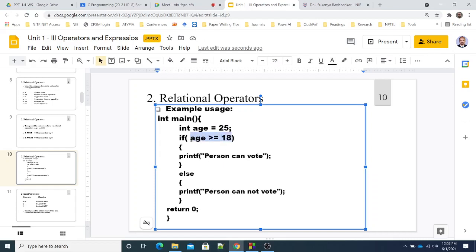Now if that is true, this part will be executed, and if that is false, this part will be executed. At no point of time will both of these be executed. For a given input, either this or this will be executed based on the outcome of this relational expression. Okay, any doubt